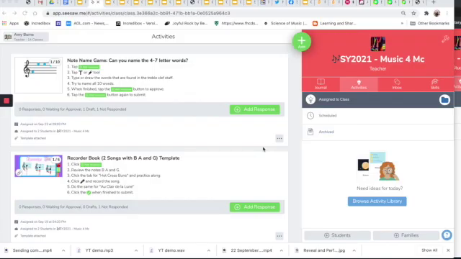Seesaw has this great feature in the paid version where you can assign an activity and the student can work on it and send it back to you, and you can send it back to them to add on to the activity, to correct the activity, to finish the activity. It basically has drafts and work in progress. It has those features, and it is in the paid version. But at the very end of this video, I'll show you how to do this in the free version, just